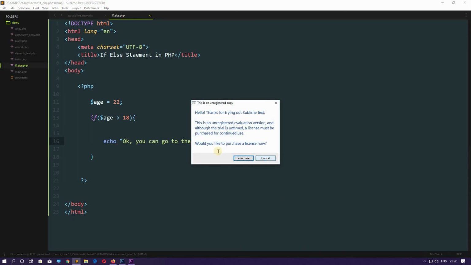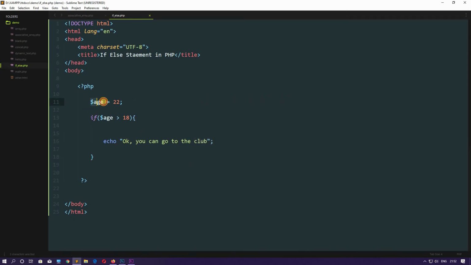Okay, so what is happening here? I have assigned a variable age and declared the value 22 in it, and then I am checking the condition by using the if statement, where I am checking if age is greater than 18 or not. Okay, so age is 22, so 22 is greater than 18. True. If statement has an inbuilt calculator of its own, so it can evaluate the answer. So here it will check 22 is greater than 18 or not. Okay, fine, that is true. Then it will execute this statement.